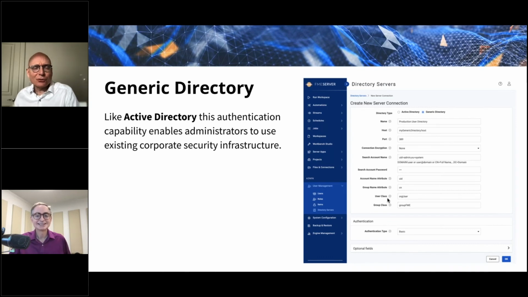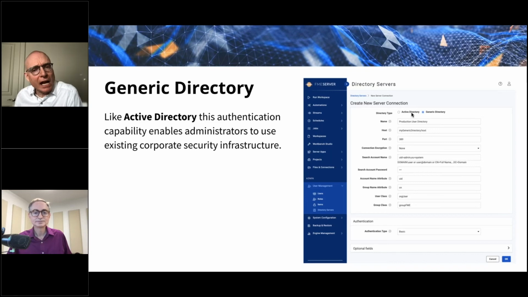Yeah, this one the name confuses everybody. Generic directory. I've had more questions on this, but the screenshot really helps explain what it is. It's like Active Directory, but it's called generic directory. It is an authentication capability we've added to FME. So if your organization is using generic directory, just like some organizations use Active Directory now with FME Server, you can use that and configure it. Then all your authentication is done through the generic directory service, similar to how it's done through Azure Directory.